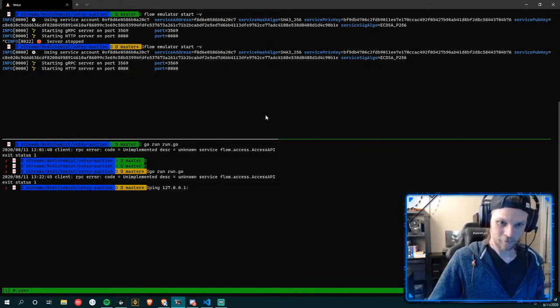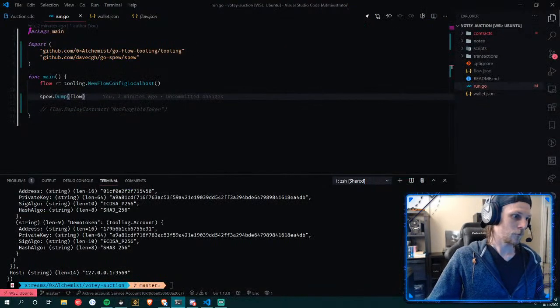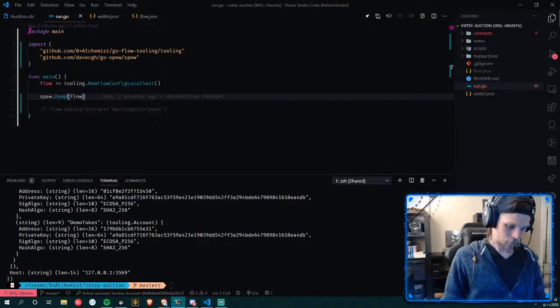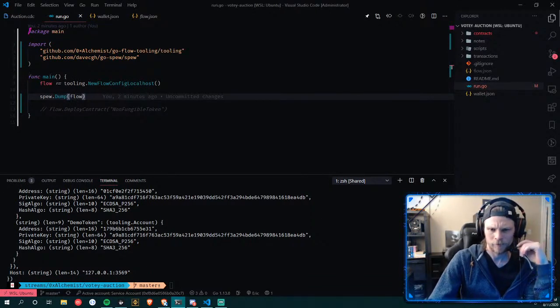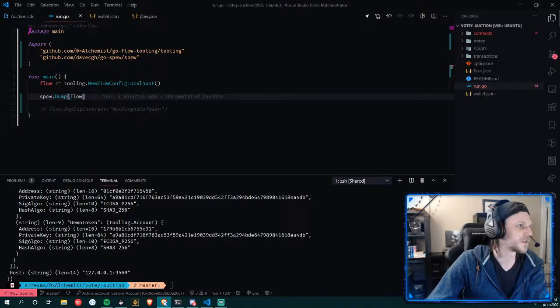Because that looks correct, right? It shouldn't be. Now wait a minute. The private key is the same. Should it be the same? I don't know. I copied that right over from examples. So okay, I think it should be alright. Let me just go double check it, but I'm pretty sure that should be exactly what we have for our working example. I think for development purposes, it's probably just okay to have the same one. Yeah, that's fine.